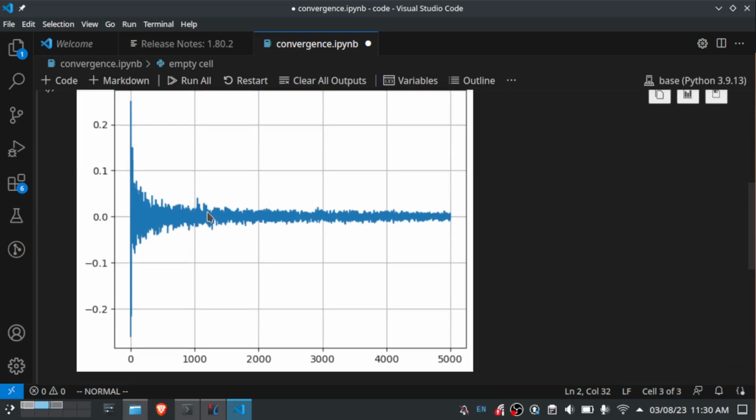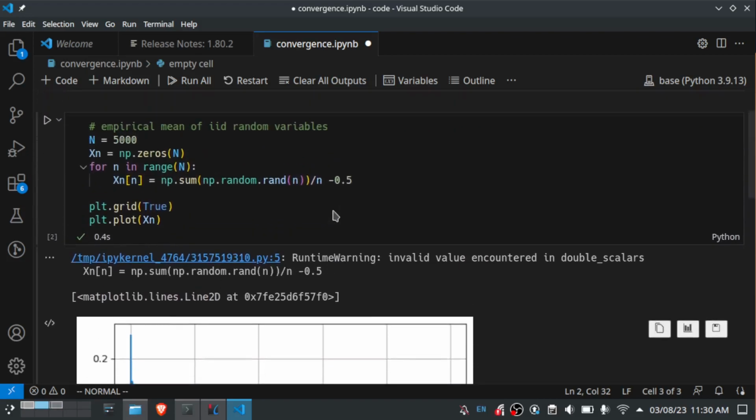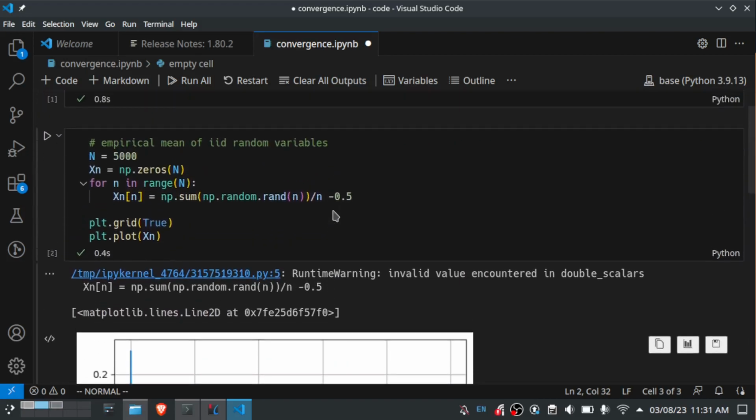So this is the error, correct? What I notice is that, let's say I fix a particular epsilon, say epsilon equal to 0.05. In the first few values of n, there's a lot of deviation. It can deviate quite a bit. But then after a certain point, it never deviates by more than, let's say, 0.2 or 0.3. For each n, I've generated n IID random variables. So this is one realization.